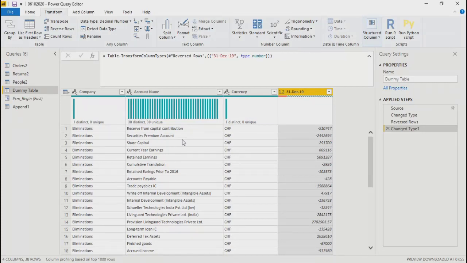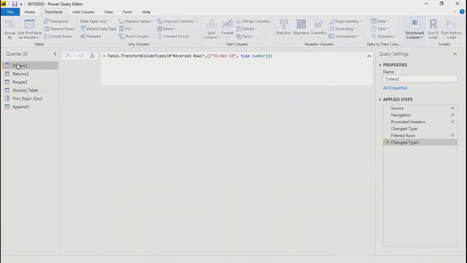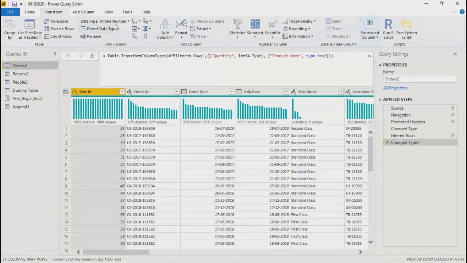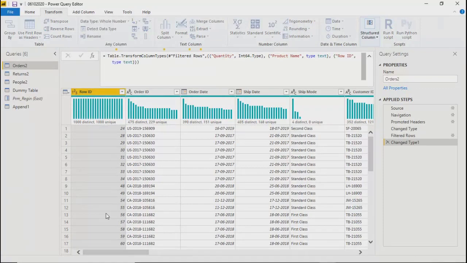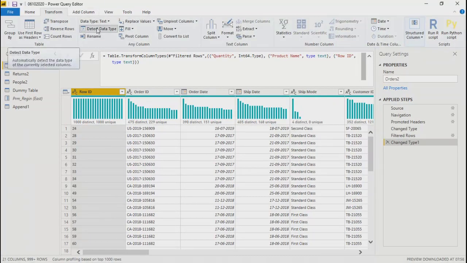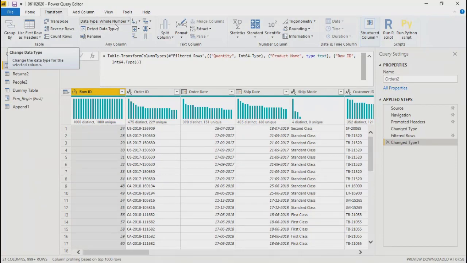But in case Power BI has converted or marked something, for example the row ID or the employee ID, Power BI will mark that as a numerical field. If I go here in orders, see, it's marked as whole number. I can even mark it as text, and if I do detect data type again, it will make it a whole number, because the nature of the values over here is whole number. That's why it is doing that. But by experience, we know that though it is a whole number, we cannot use it as a number or a measure.